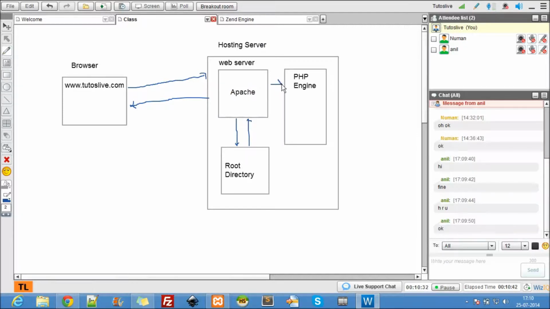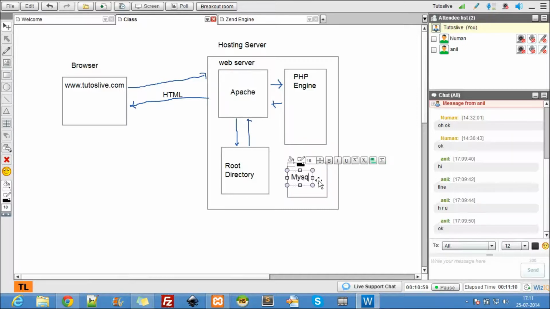The PHP engine will process it, convert it back to HTML, and the HTML is sent. Always remember, it's always an HTML response. When I say HTML response, it means images, CSS files, JavaScript files, whatever is understood by the browser. So this is where we need the PHP engine. If you have information in a database, then we'll be having a database.